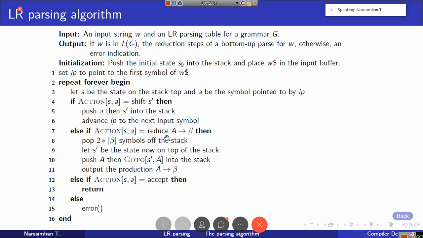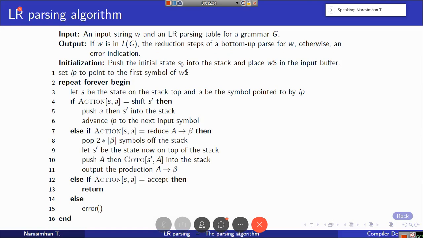Coming to the reduce operation. You are told to use the production rule A gives beta. So you pop 2 times the length of beta symbols from the stack. If you do that many pop operations, you will be left with some state symbol on the stack top. Let that be S'. Now what you need to do?